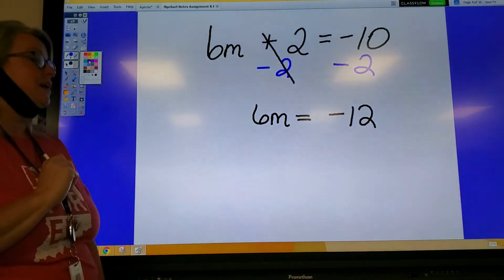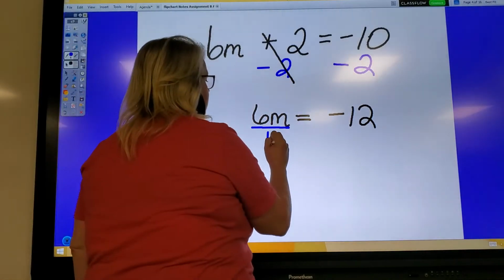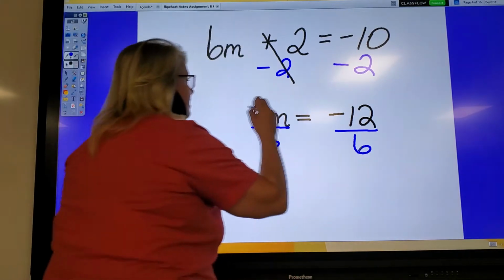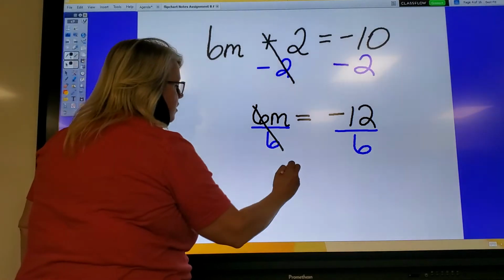Divide by 6. Divide by 6. So we want to get rid of this 6. I'm going to divide by 6. So divide by 6, divide by 6. The 6's cancel out. m equals